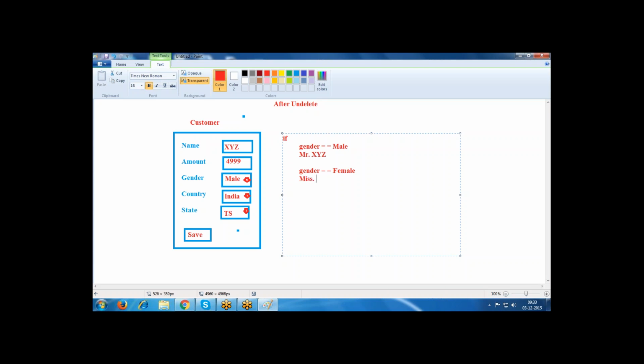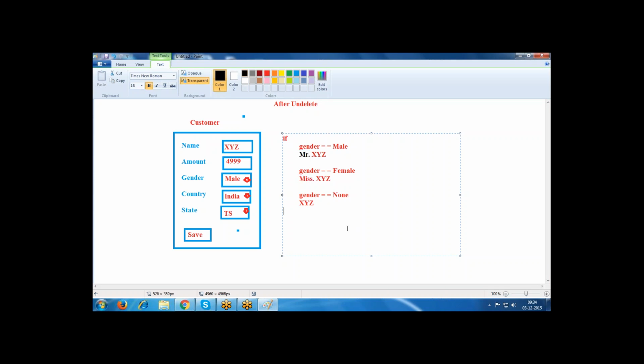Miss XYZ. If gender equals none, if I selected none in the pick list, then I want to save only the name. If you want to add some prefix, then we are using a trigger.